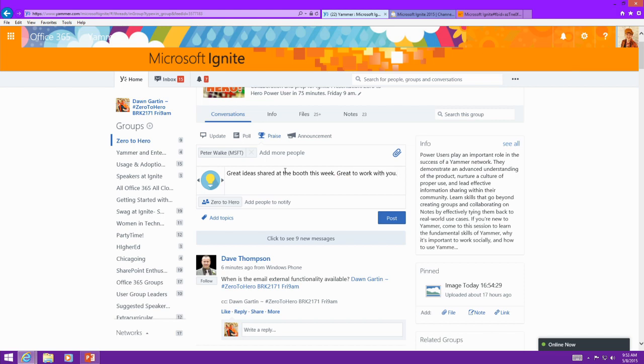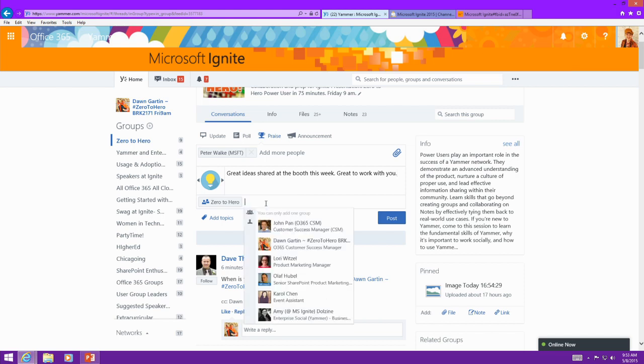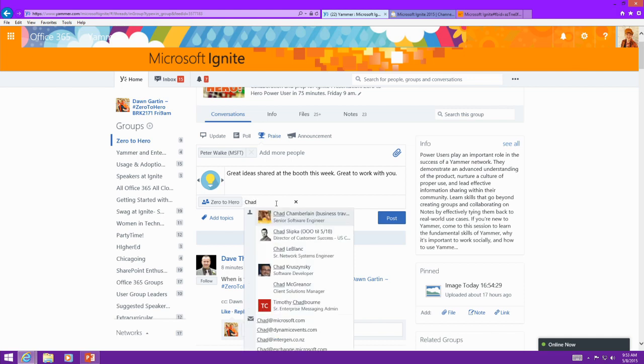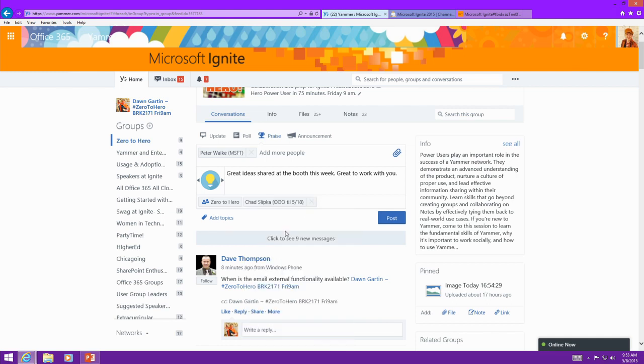Another best practice, where it has people to notify, is if you know the person's manager or leadership, this is a great way to get that public praise. I'm a big believer that we want to give public praise, and then we want to give private apologies or address issues that went wrong. We don't need to announce that in public. But wouldn't it be great to have everybody know about this? So Chad is in our management team, our leadership team, and by adding him as a person to notify, he's going to get that in his inbox and see, oh, Peter has a praise. Let's see about it. That's great.